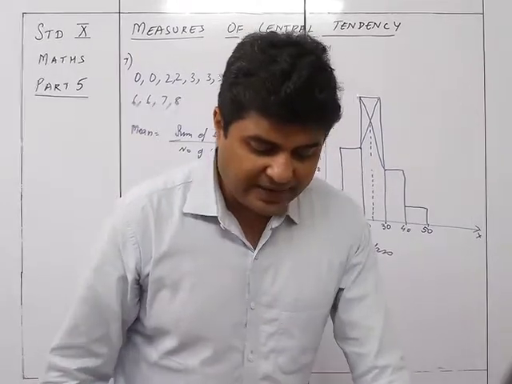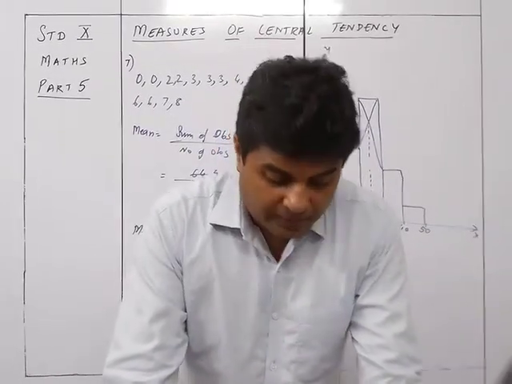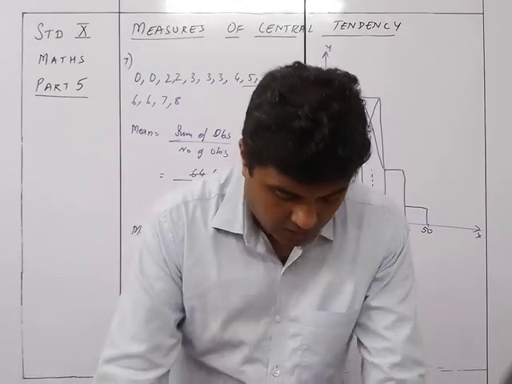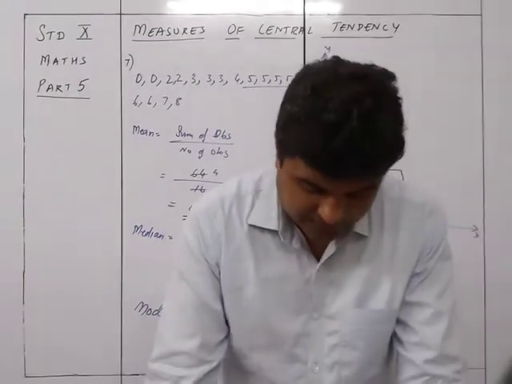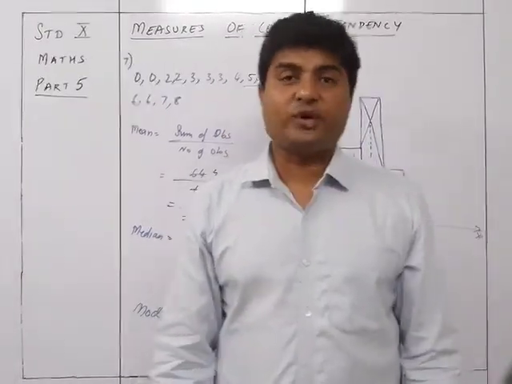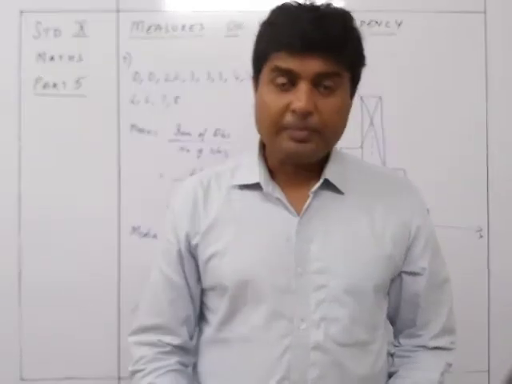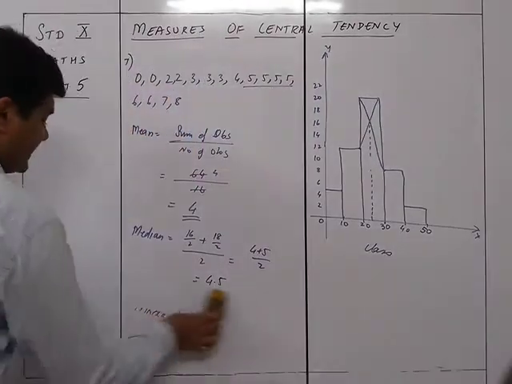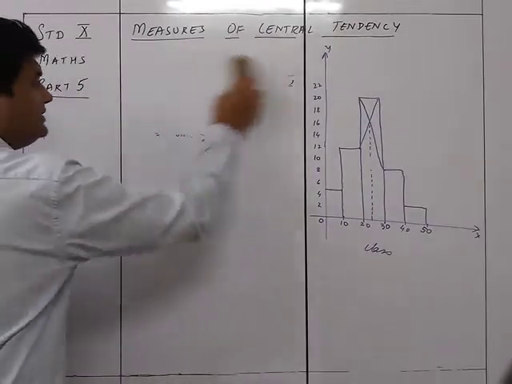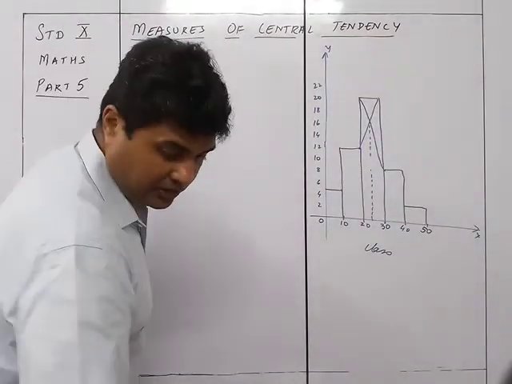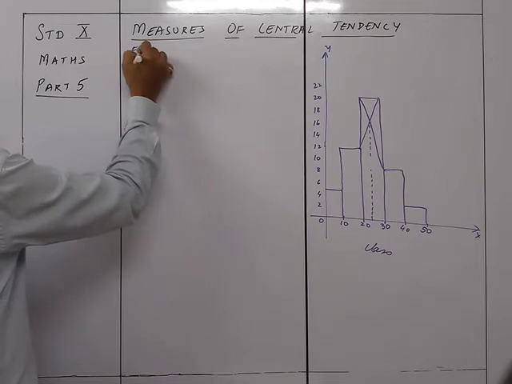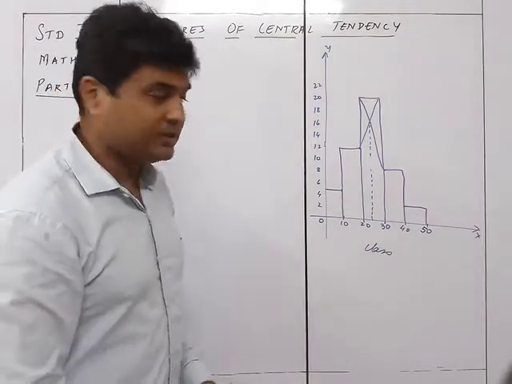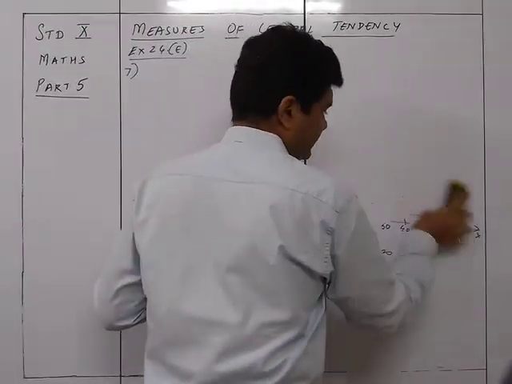Now normally when you see any board paper, you will find certain sums. I'll just see which is the best one. I think sum number 7 of exercise 24E. I'll do sum number 7 of 24E because that is the kind of sum they are normally going to ask you in boards when it comes to ogive. So let's take sum number 7 of exercise 24E, especially just to make you understand how things work out. That's why I have taken up this sum.